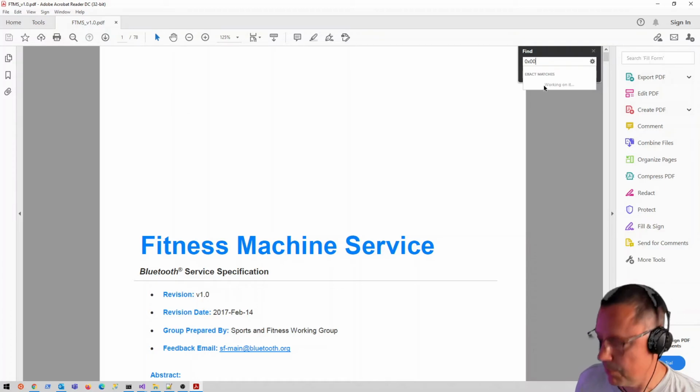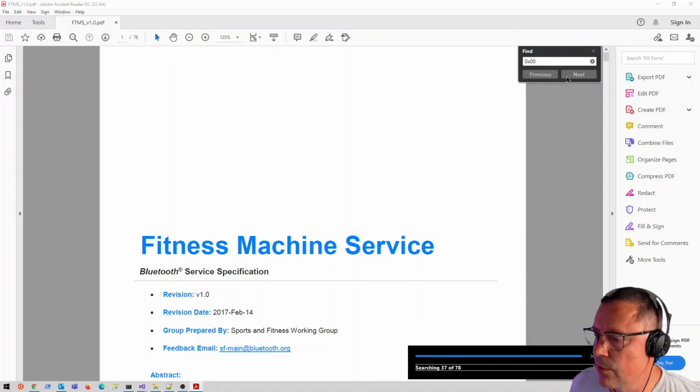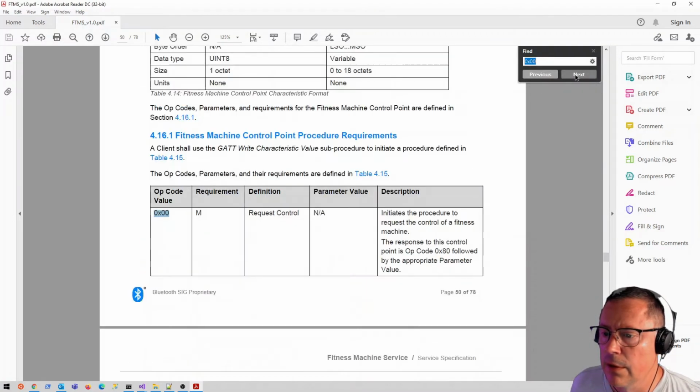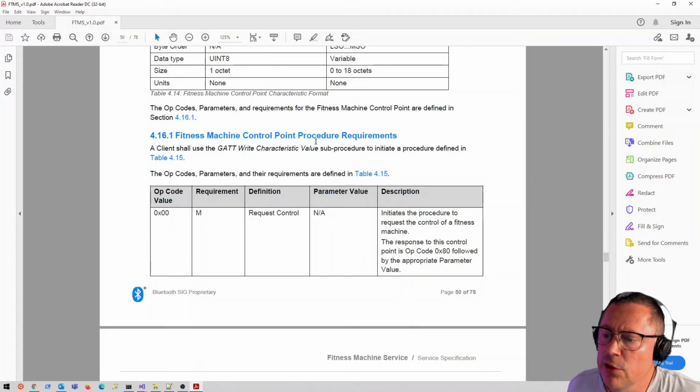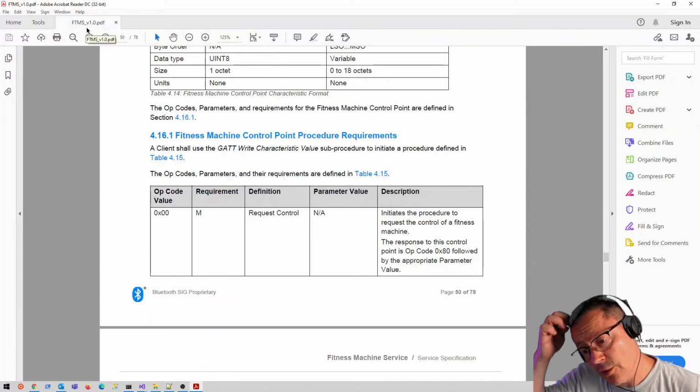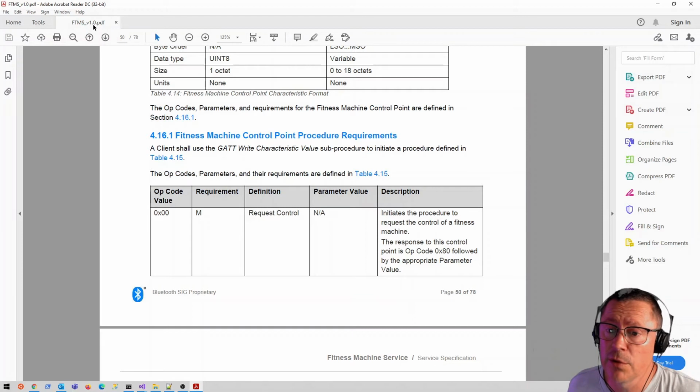I'm going to be doing a particular search because I know where the thing is I'm looking for. Okay, so the fitness machine control point procedure, and I do encourage you to read through the documentation if you have it on the bluetooth.le site or actually from the manufacturer. And what we'll be looking at next is, okay, so one of the things we need to do if we want to set any values, and it is described in this document, that we are going to send it a